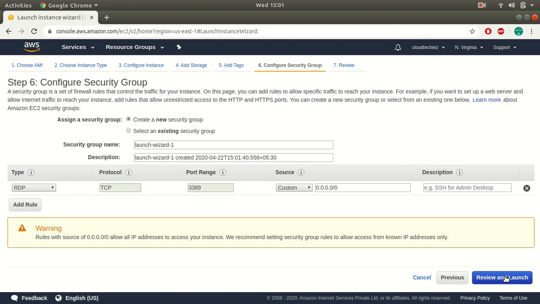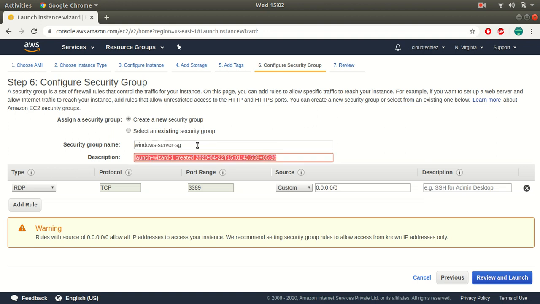The second difference will be in your security group. For your Linux machine you will be having 22, which is your port number, and your type will be SSH. Now when it comes to your Windows machine, you will need to have RDP, which is on port 3389. So we are going to create a new security group here for my Windows machine. Give a name, whatever you want. So let's call this Windows server